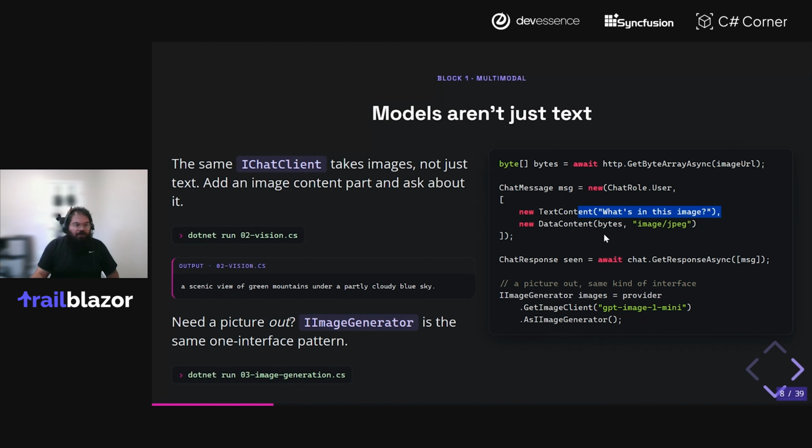We provided the image bytes and then just call GetResponseAsync. What this is going to do is, if a model has vision capability, it's going to analyze the image and produce a response, kind of like the one you're seeing here.